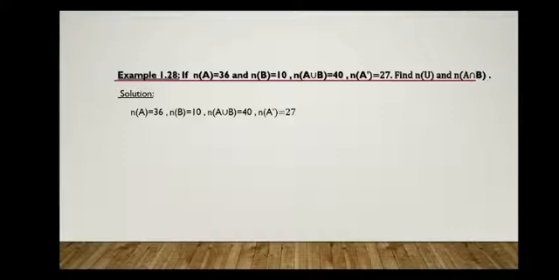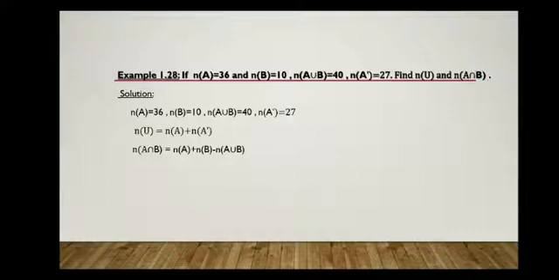So how do we find this? We have seen a note while seeing our results. In that note we have a result for n of U. So n of U is equal to n of A plus n of A complement. n of A is given and n of A complement is given. And how to find n of A intersection B? We have a result: n of A intersection B is equal to n of A plus n of B minus n of A union B. n of A, n of B and n of A union B are all given. So when you substitute these in this result, we will get the answer.